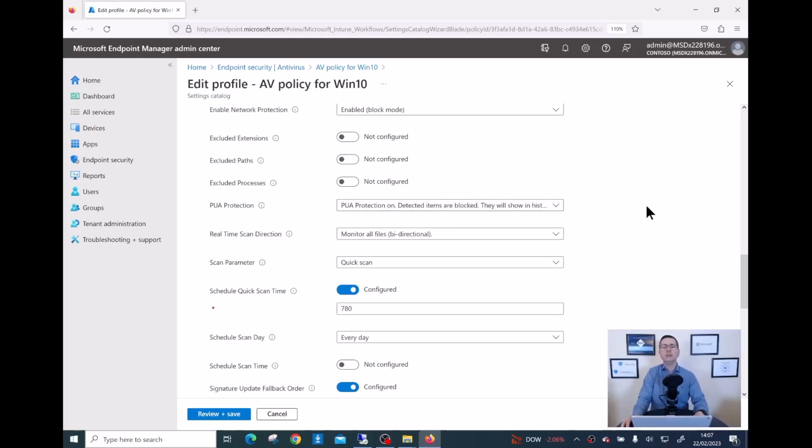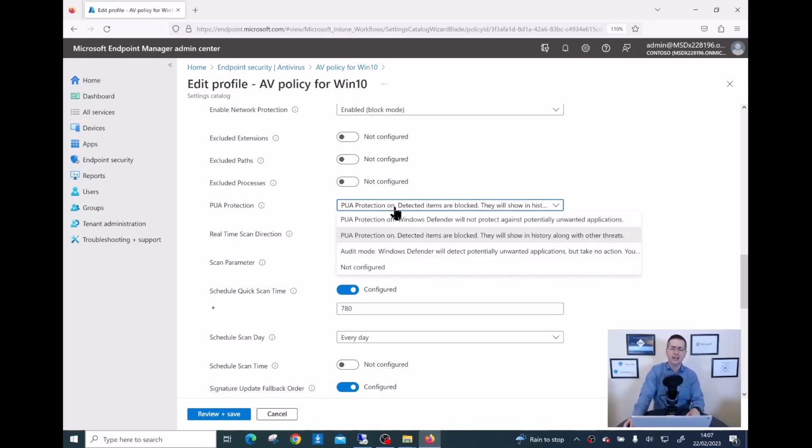If any user tries to install some dodgy files or dodgy applications like BitTorrent to do mass download, that definitely is not an enterprise application, and nobody should be using those software applications in the organization. If you enable that, the users won't be able to install those dodgy applications. Again, if you are a bit afraid MDE could be blocking too many things, initially you could set